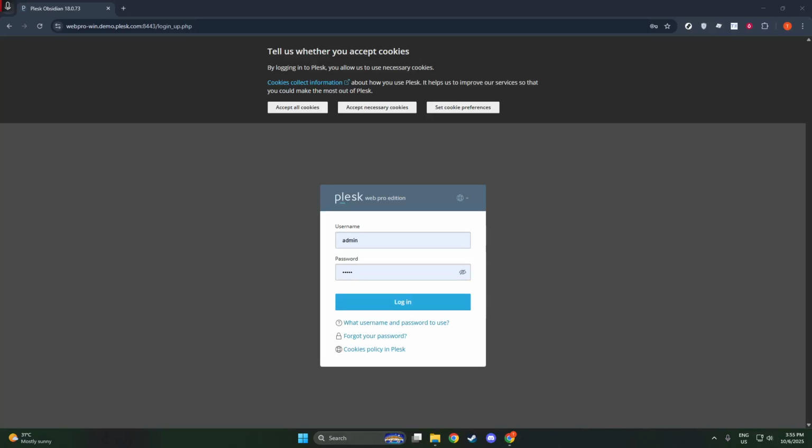In today's video, I'm going to teach you how to change the Plesk root admin password. Adjusting your root admin password periodically is an essential practice for maintaining the security and integrity of your Plesk server environment. So, let's walk through the process step by step, ensuring you not only understand what to do, but also